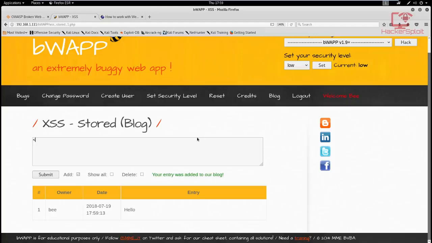So if we are to enter the same script we entered, so we are to say script, and we then say alert, for example. You can use any type of JavaScript code you want here, and you can experiment. These web applications are there for you to experiment and test your skills out. So if I was to say hello world, this is stored cross-site scripting, and we just close that up there. And of course we have to close the script, because we know that will not execute if we do not code it correctly. Okay, so now we can add that, and if I was to just hit submit right now,